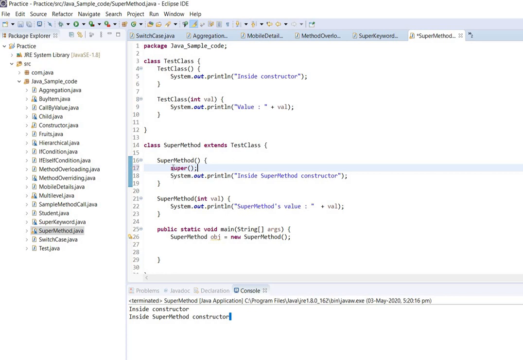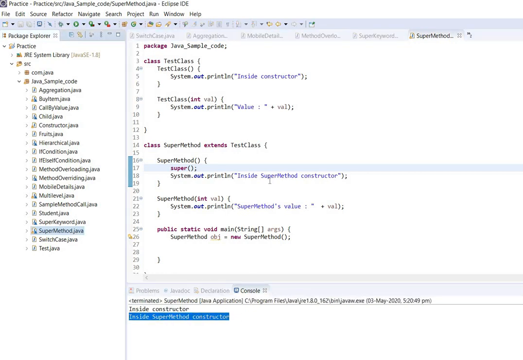We do not need to explicitly type super here. Internally it will invoke it, and if we comment it out, it is still printing. If we remove the comment, still it is printing the same.